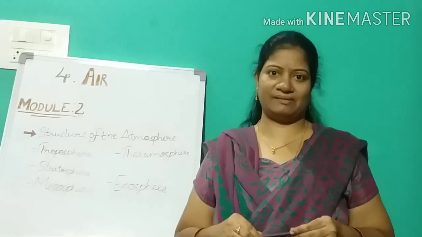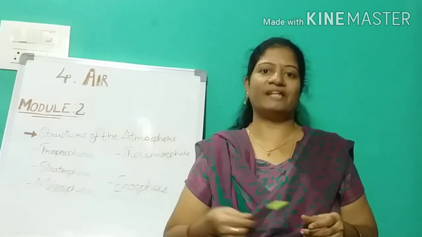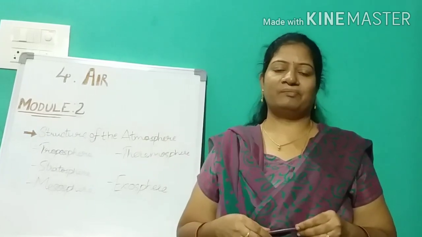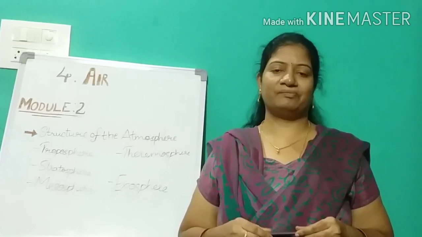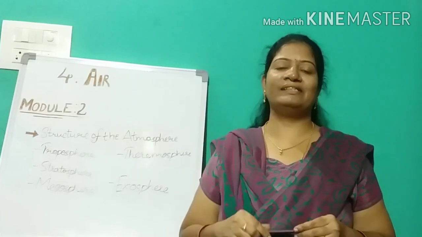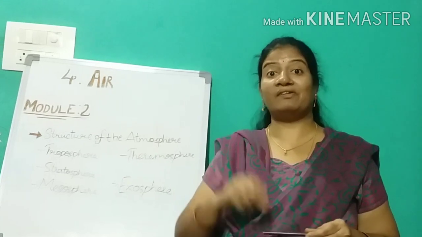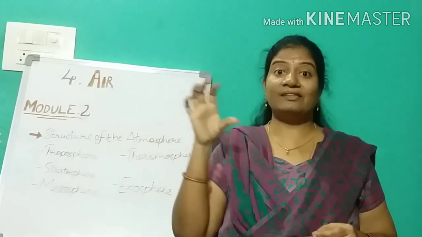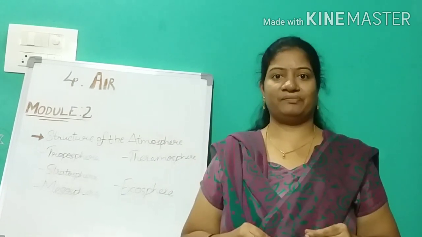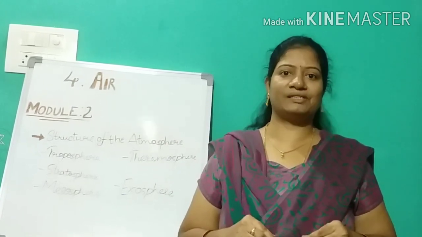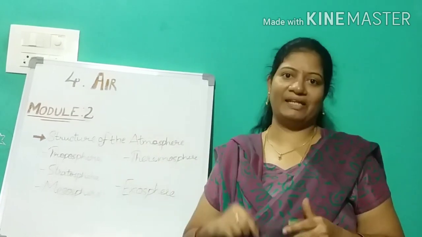chlorofluorocarbons, CFCs, that we find in industrial chemicals and refrigerators, right? Home installations and disposable food containers, right? In all those things we can find these CFCs. So we need to avoid them. And one more important thing, whatever jet flights are traveling in that stratosphere, from that also CFCs will release. Okay, so we need to avoid all those things if we want to protect our ozone layer.